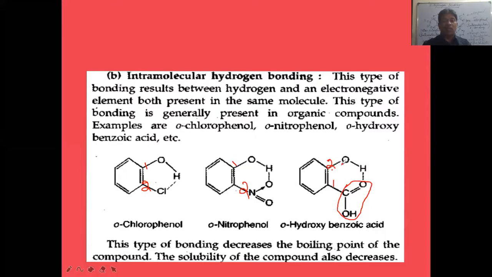Now at the second carbon, the hydroxy group is attached. The second carbon is called ortho. It is the ortho carbon. So, orthohydroxy. What is this name? Orthohydroxy. O indicates ortho, O-R-T-H-O. Orthohydroxy benzoic acid. Benzene with the acid here, so it is given the name benzoic acid. Benzoic acid is taken, and at the ortho position there is an OH group. Instead of ortho, we can say 2-hydroxy, as at the second carbon a hydroxy group is there. So we say 2-hydroxy benzoic acid here.